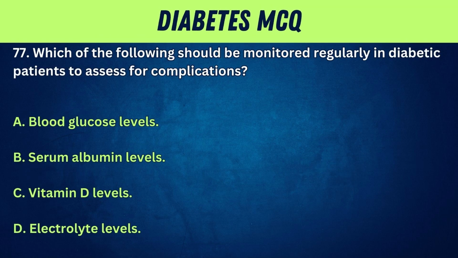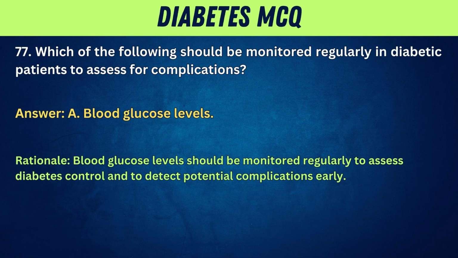diabetes. 77. Which of the following should be monitored regularly in diabetic patients to assess for complications? A. Blood glucose levels. B. Serum albumin levels. C. Vitamin D levels. D. Electrolyte levels. Answer: A. Blood glucose levels. Rationale: blood glucose levels should be monitored regularly to assess diabetes control and to detect potential complications